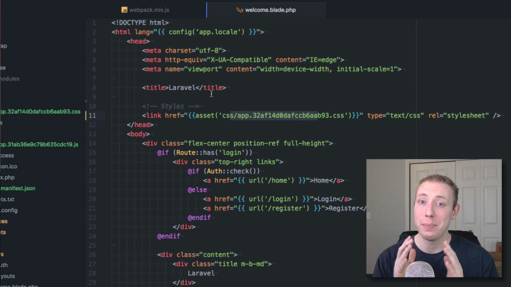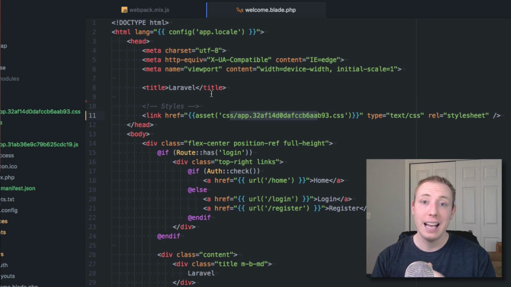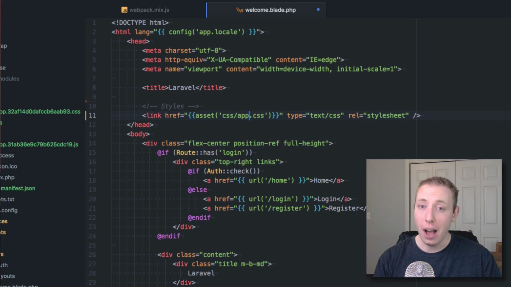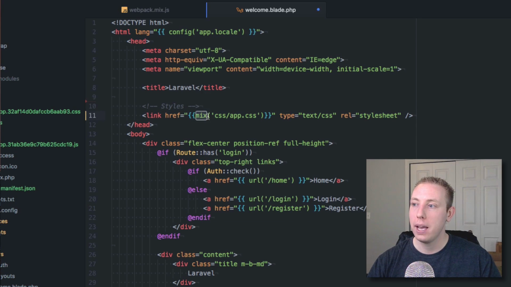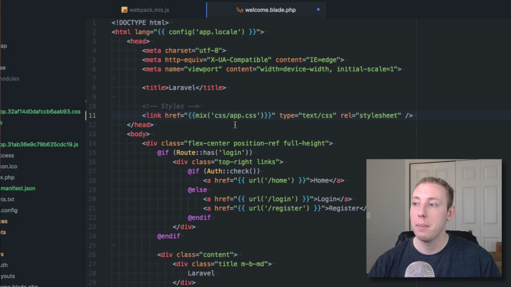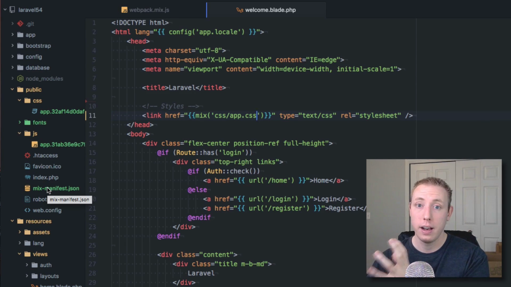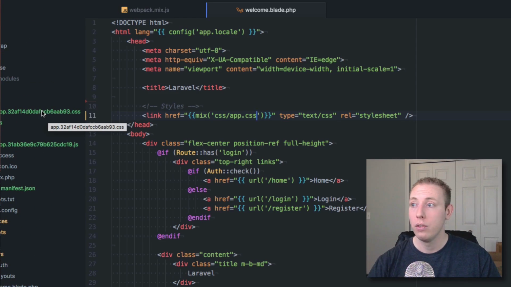Well, that's obviously a huge pain in the butt, especially if you're running these all the time and you're recompiling them. That just isn't going to work, right? So luckily, Laravel has a new command that makes it a lot easier when you're using these version numbers. Instead of calling asset, you want to call mix, okay? So with this new mix command, you just give it that base file name without the version number in it, and it uses this mix manifest file to figure out what the long numeric name is,